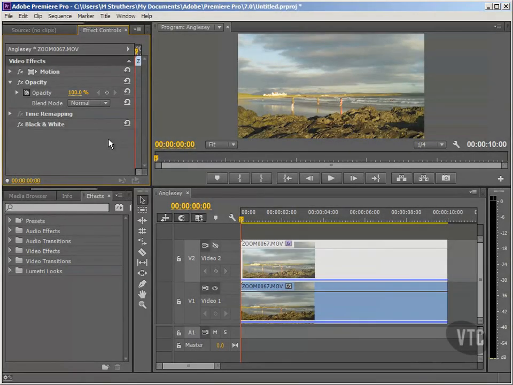I'll look at using a new technique to achieve a similar outcome to what we've seen so far. The outcome I'm talking about is getting the black and white filter to fade over time so that we gradually desaturate its effect. We do this by employing two video tracks, one a duplicate of the other, and using what are known as keyframes or key points to stipulate where we would like a key moment to occur, hence the